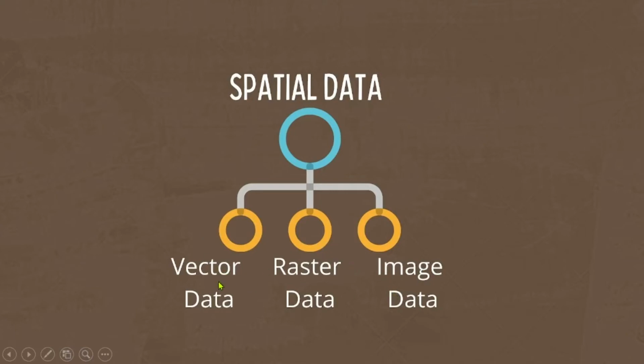When I talk about vector data, it's the data that can be represented by dot, line and polygon. A point, line and polygon. The things on the map which you are seeing can be represented by dot, line and polygon. That goes with the vector model. When you talk about raster data, you are making grids. You are taking the data by pixel value or by grid value.